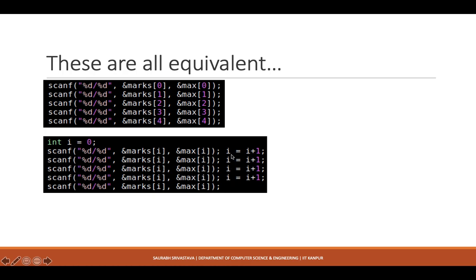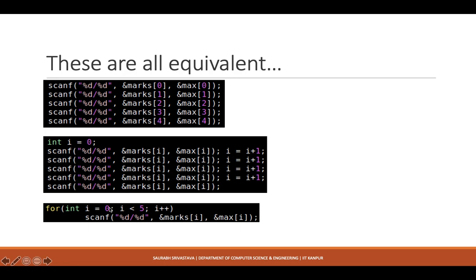And all that is happening is that after each one of these gets executed, I am just incrementing I by 1. Now this is an equivalent for loop. So you can already see how compact this is with respect to these two. So essentially what is happening here is that